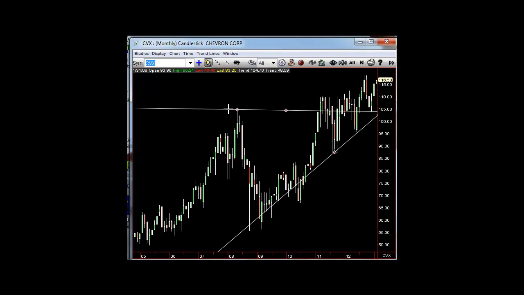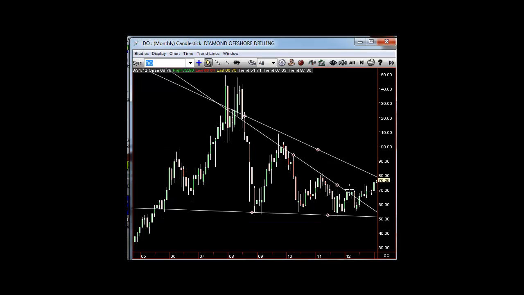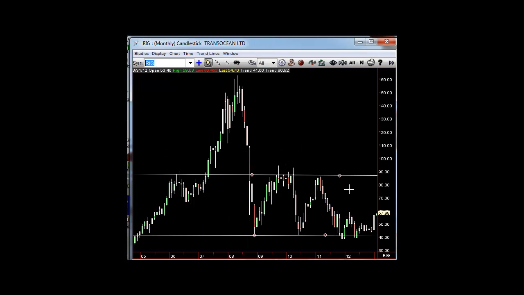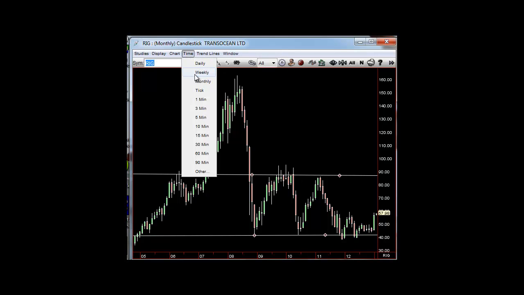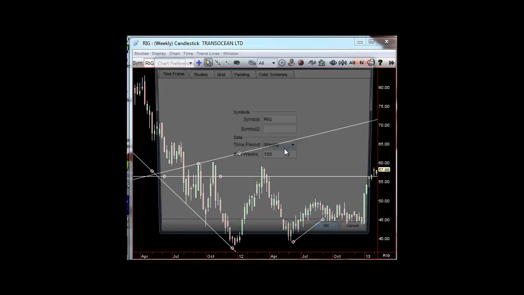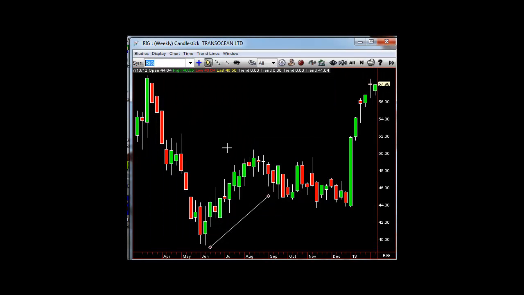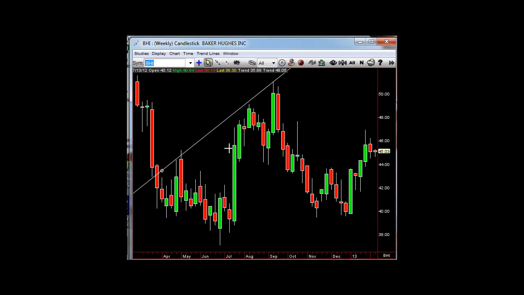So can that continue? Let's take a look at the OIH. Talked about the OIH having the two dojis here and the Diamond Offshore and the Riggy. And so everything went really well on the energies for January. So the question is, does that continue? If we look for further confirmation from the weeklies to start off the month, we got inside weeks for Baker Hughes. So Baker Hughes popping up, still trying to work on